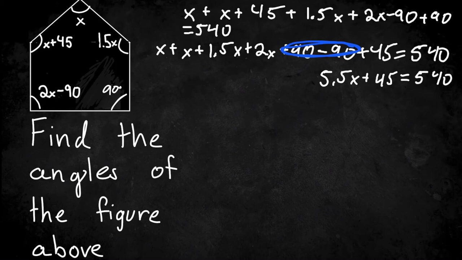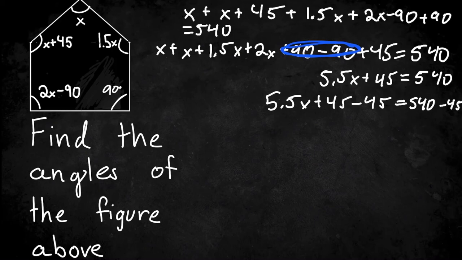We use the inverse operation to take out the 45. That means 5.5x plus 45 minus 45 equals 540 minus 45. And this equals 0. 540 minus 45 equals 495, right? So now we do the next step, which would be to divide both sides by 5.5,